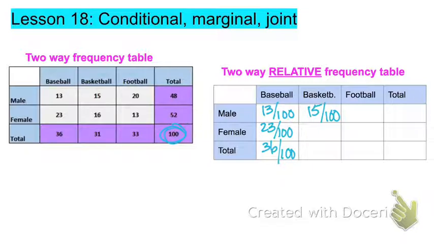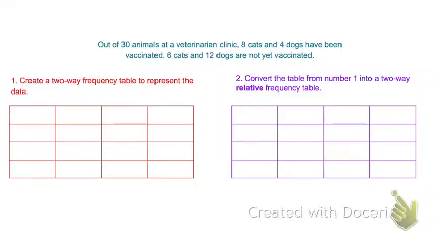So your question wants you to make a two-way frequency table where they're talking about dogs and cats, and then vaccinated or non-vaccinated. This first question is worth 10 points, and then if you convert it to a relative frequency table, that is worth 10 points. All the rest of the questions are just 2 points, so this is a big chunk of it, pretty easy. Just think of dog, cat, in total,